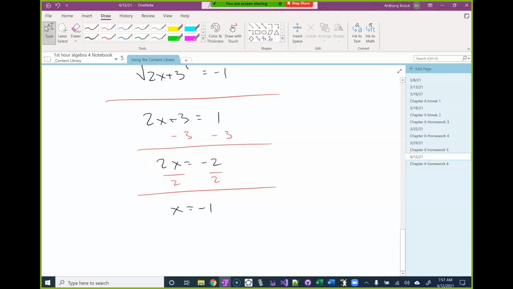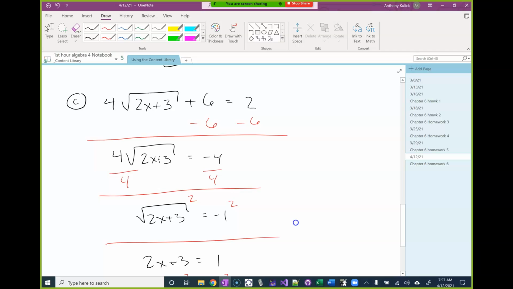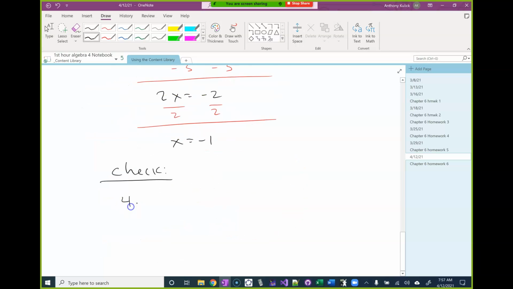And you're like, oh, what weird thing happened here, right? This looks exactly like the same thing as before. Well, here's the problem. What if I went back and tried to check this? So if I plugged negative 1 in,